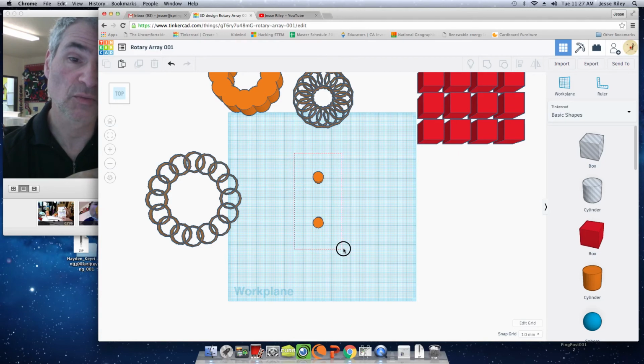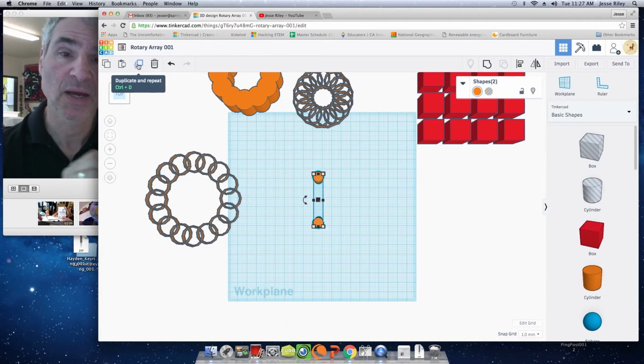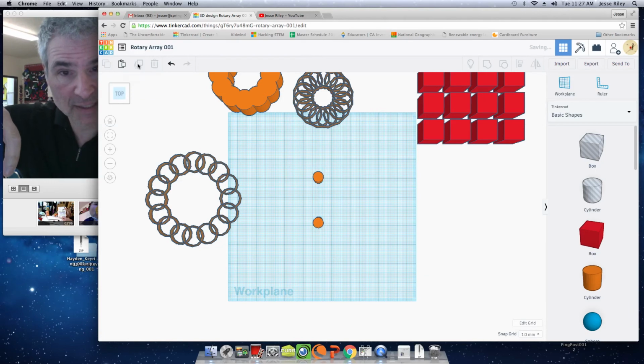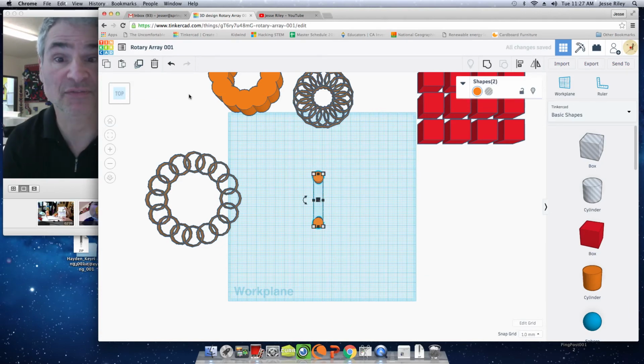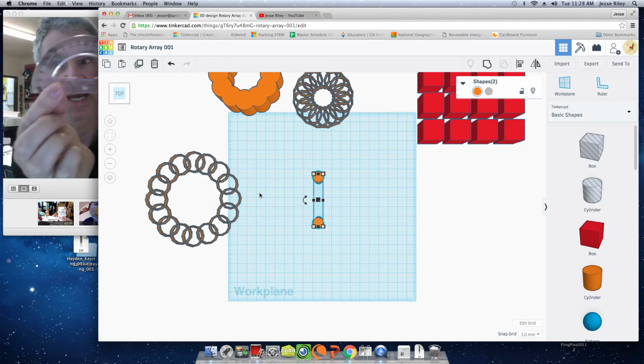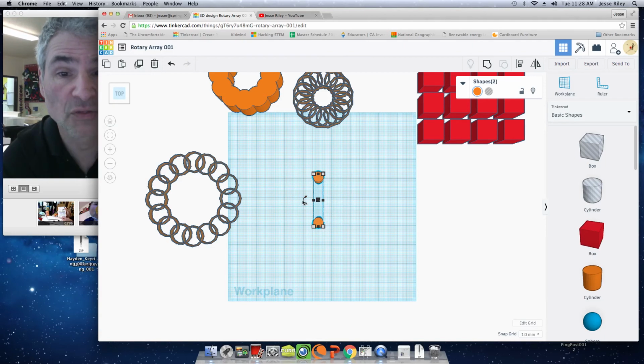So I'm going to draw my virtual square, my virtual frame around the items I wish to duplicate, and I am going to hit the duplicate, which is going to plonk them on the same spot. Okay, there's the same spot. You just have to trust me on this. Now I'm going to go to the protractor. The protractor, remember the protractor, we need to rotate. So it's this here, look, you can see it on the screen. It's appeared now on the screen. So I can click on this and